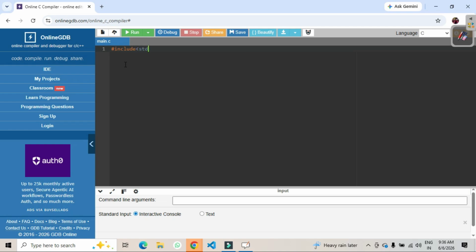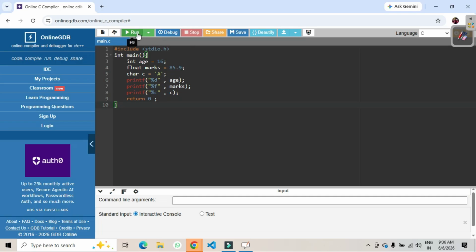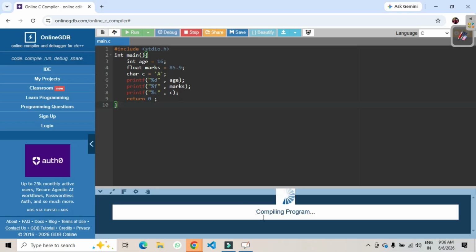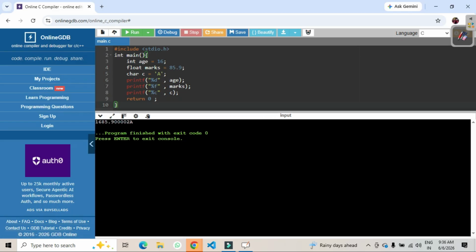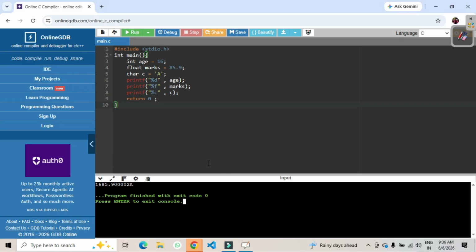So I'm going to type. Let me fast forward from here. I have typed the code successfully. Let me run this code and see what output we get. Successfully we get output. We got 16, 8.500. The problem here is we are getting the values continuously, but we need them